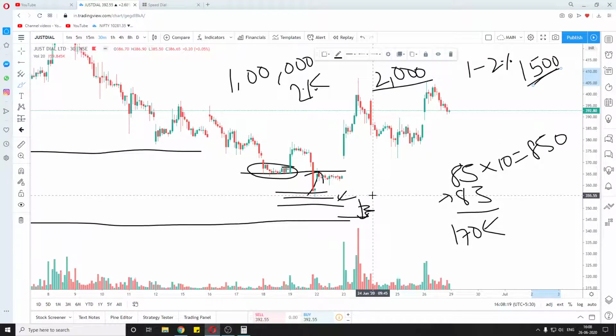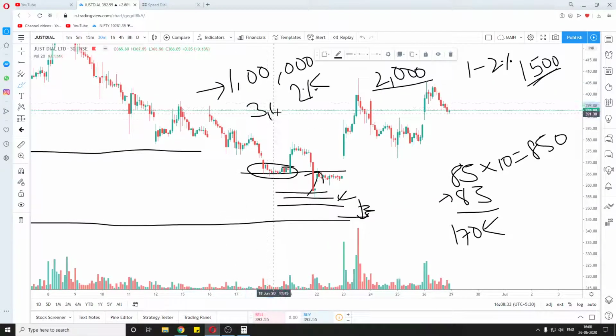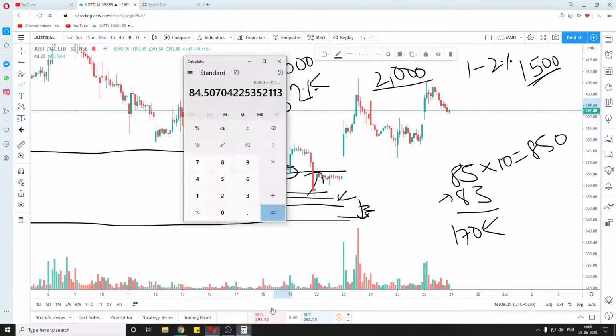What most of the traders will do, for example, first they'll trade the 1 lakh, they'll put all the 1 lakh in that trade, and then they will take additional leverage as well. So they'll be taking, like, let's say 3 times leverage, and they are buying 3 lakh.